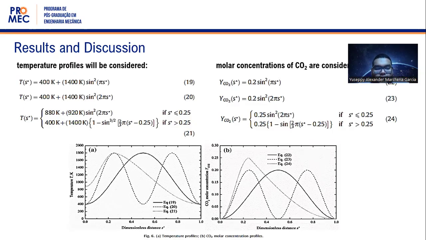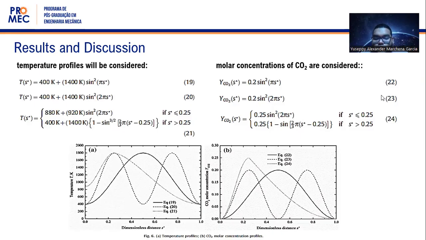Okay, the evaluation of the WSGG model is carried out by considering a non-isothermal and non-homogeneous medium confined between two parallel black walls, as illustrated before in figure 5. Three temperature profiles, as we can see here, equations 19, 20, and 21, and three carbon dioxide molar concentration profiles, equations 22, 23, and 24, are going to be analyzed. All defined along the dimensional coordinate S